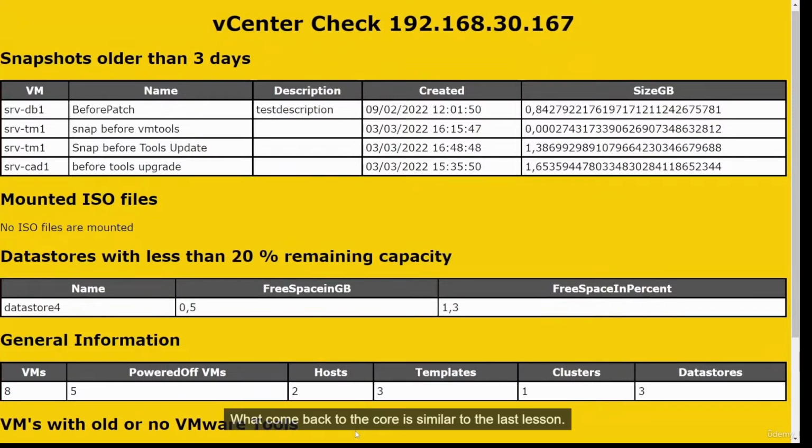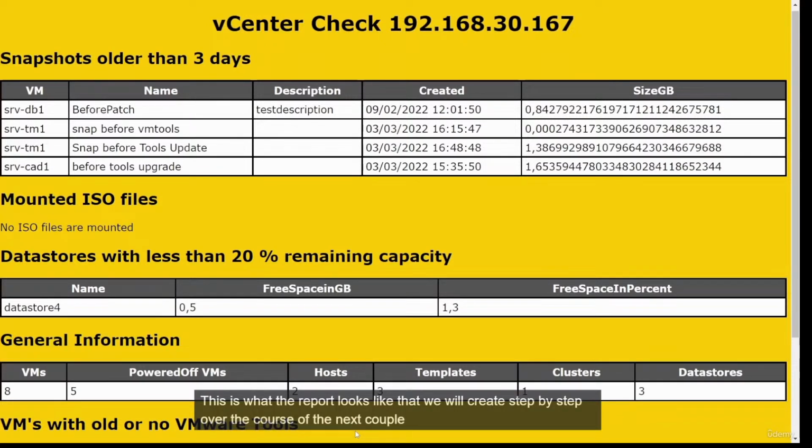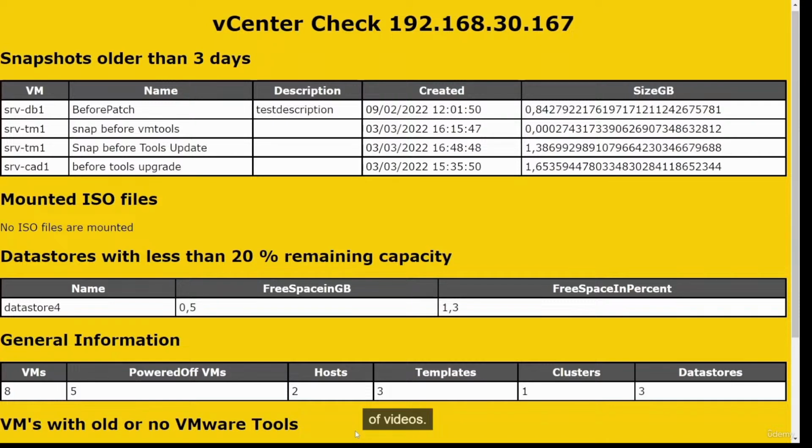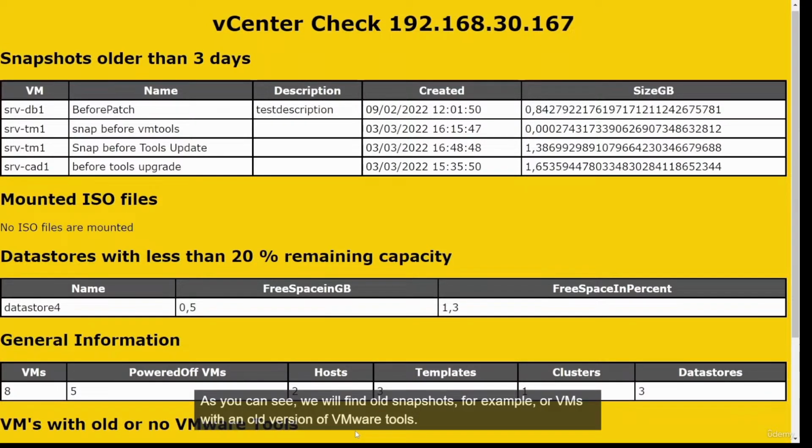Welcome back to the course. Similar to the last lesson, I will talk about exporting data, but this time as an HTML file. This is what the report looks like that we will create step by step over the course of the next couple of videos. As you can see, we will find old snapshots, for example, or VMs with an old version